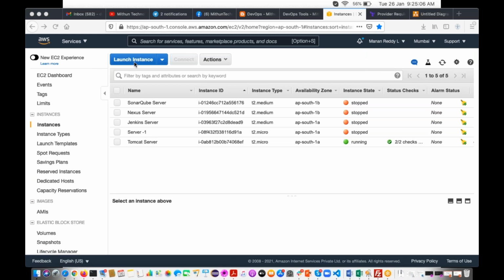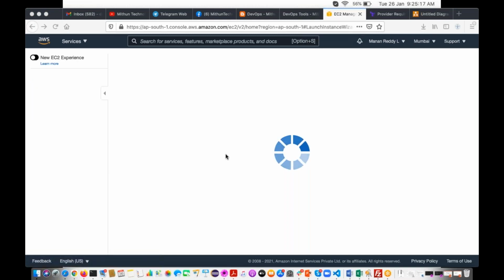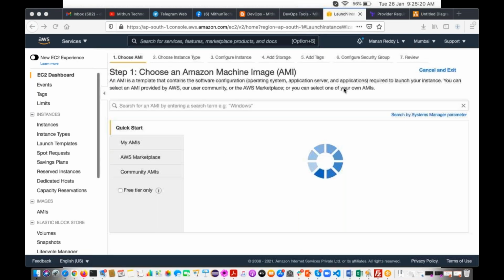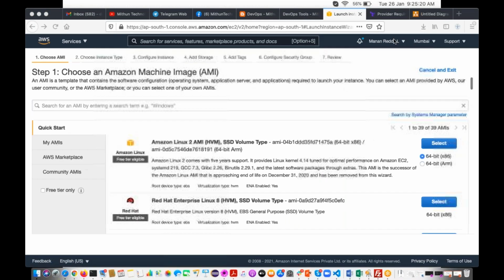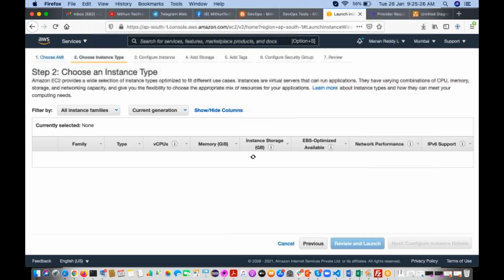Now let me create one EC2 instance first. Okay. Select the AMI. I will select Red Hat Enterprise Linux. Then we'll go with instance type t2.micro, which is more than enough. We get 1 GB RAM.